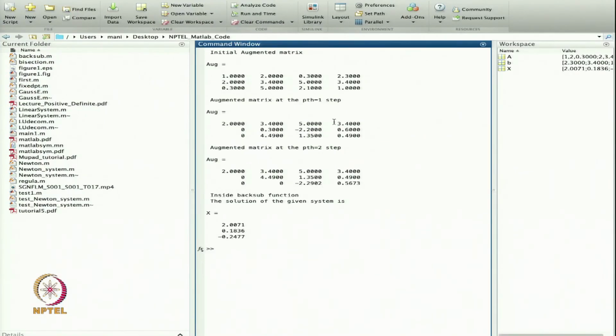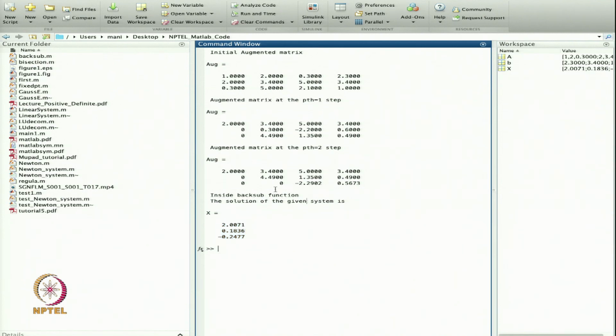So, that is my matrix now. Now, you can see that this is a symmetric matrix: 1, 2, 3, 2, 3, 5 and then 0.3, 0.3, 5, 5, and the right hand side. In this case I start with the augmented matrix and then it gives me this upper triangular matrix, and based on this one that is my solution.